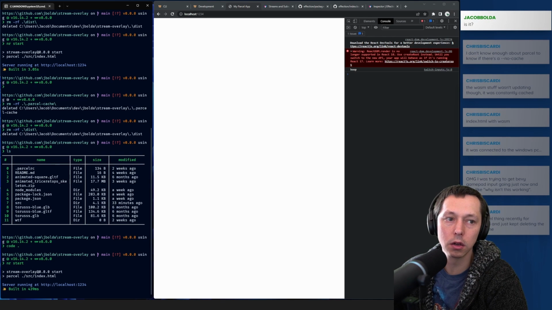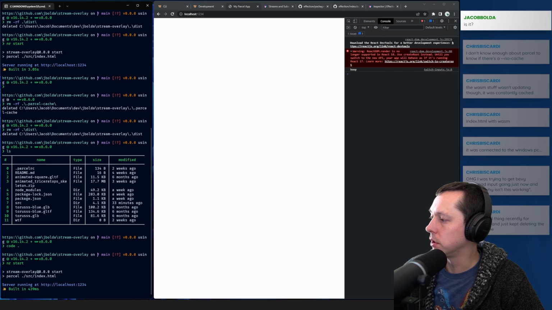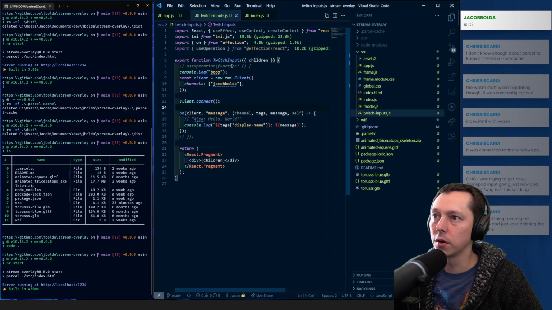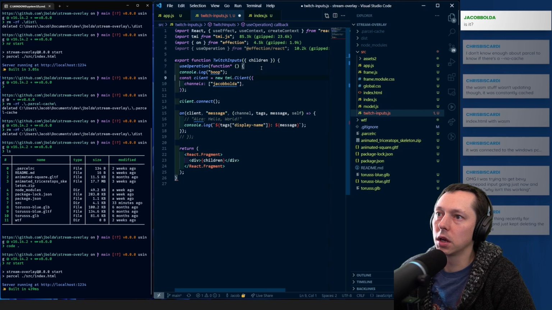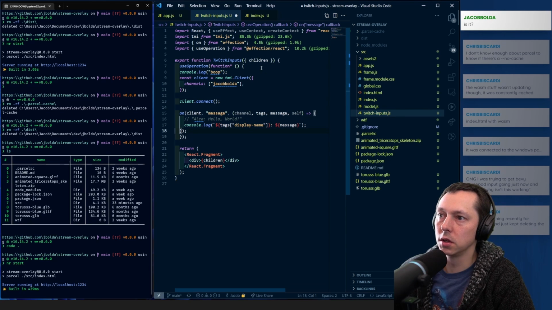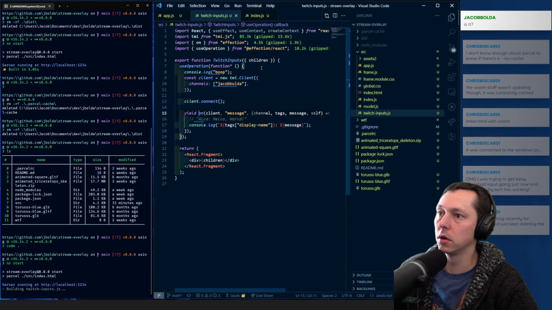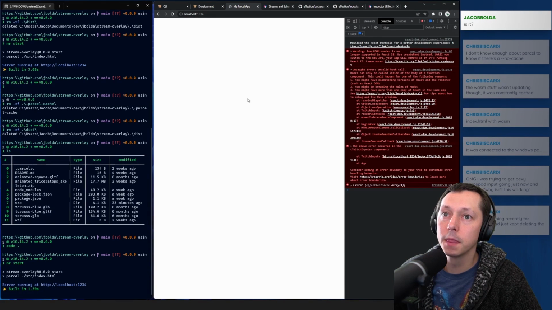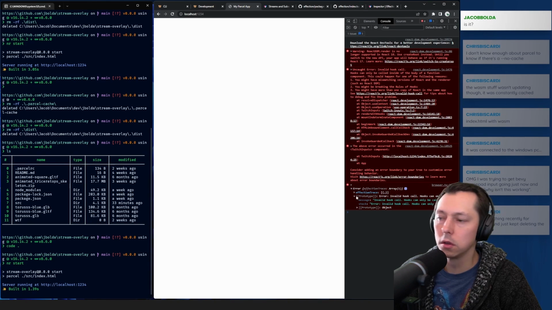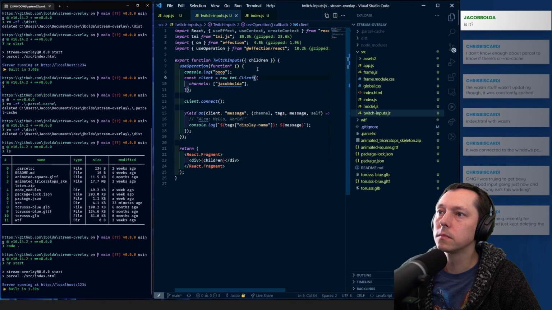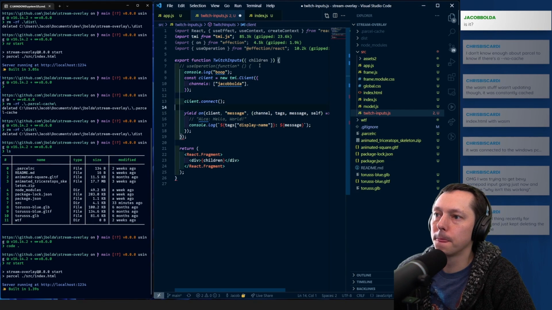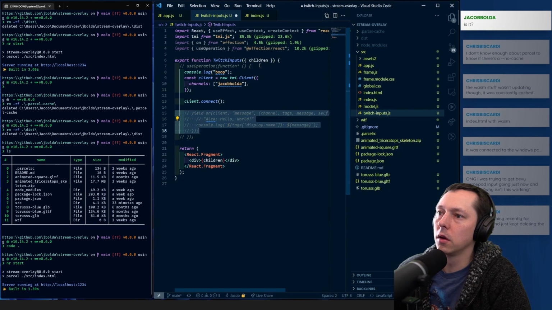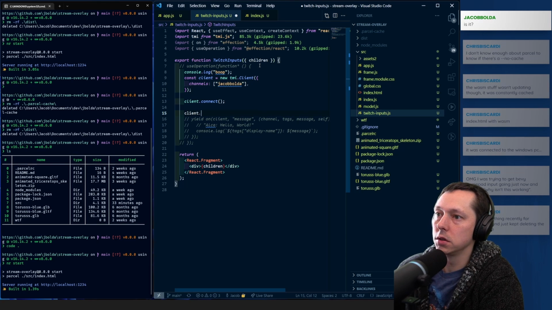So we're not getting it in a log here still. So I don't think this is quite correct. But I think we were missing those pieces, and it's just throwing a general error because we don't have an error boundary within it. Still an invalid hook call, but we are still getting that. Let's just do this for the moment. We can do a client.on